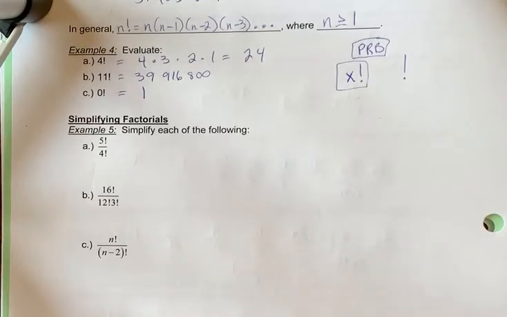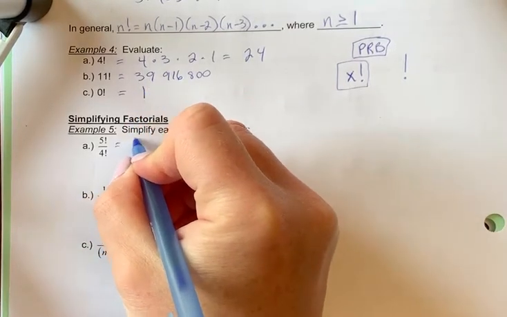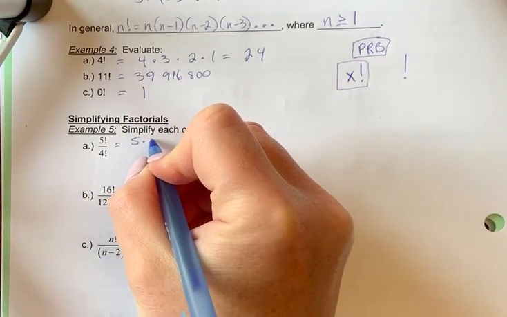Simplifying factorials, we're going to simplify each of the following. So the first one, I want to show how I can not necessarily use a calculator and worry about calculating what each one is. So if we have 5 factorial, we can break that down to,